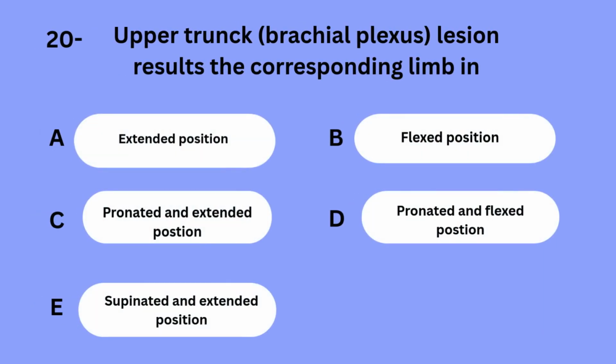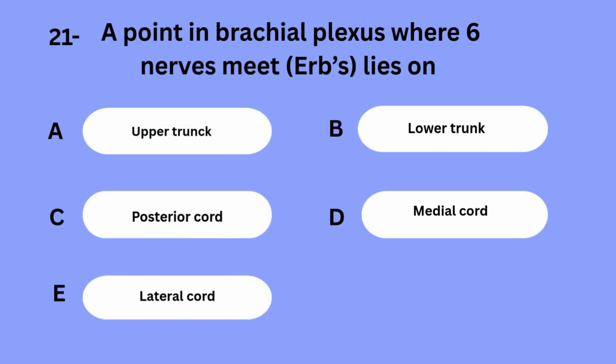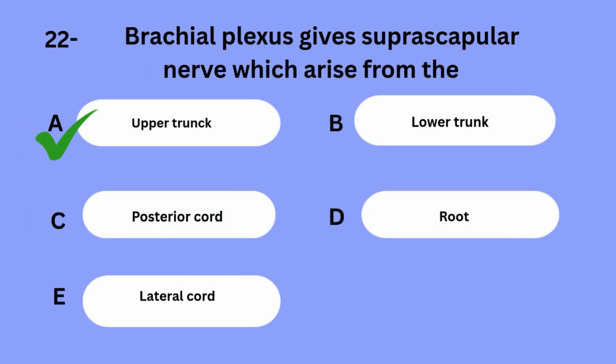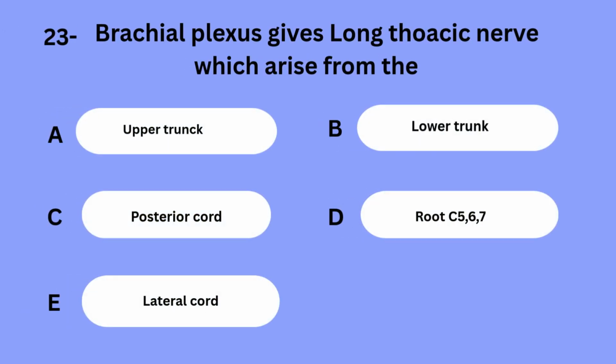Upper trunk, brachial plexus. Lesion results the corresponding limb in... A point in brachial plexus where 6 nerves meet, IRBs, lies on... Brachial plexus gives suprascapular nerve which arises from the... Brachial plexus gives long thoracic nerve which arises from the